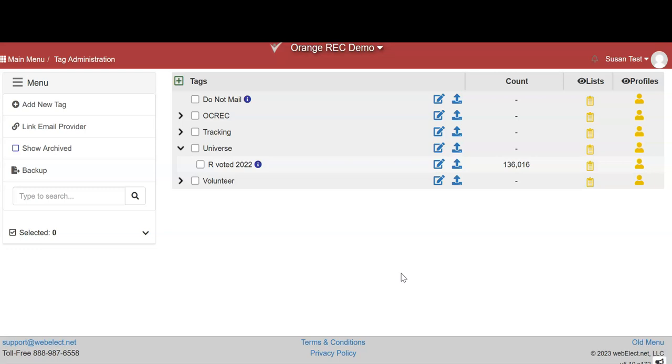And so you should have, like I said, several different tags or groups already created. You should have your universe made. And you need to also think, what kind of information are you looking for when someone makes a phone call or when someone knocks on a door? Because you want feedback. You want to be able to use the data that they've acquired to your benefit. So you could have here tags about the economy, tags about the ports, tags about hurricanes, tags about just about anything. And I even have tags about